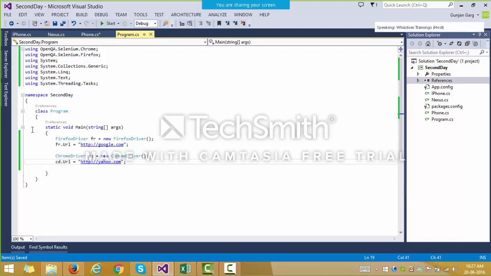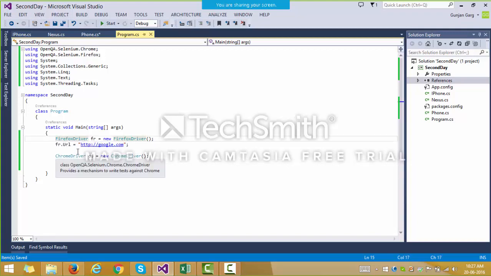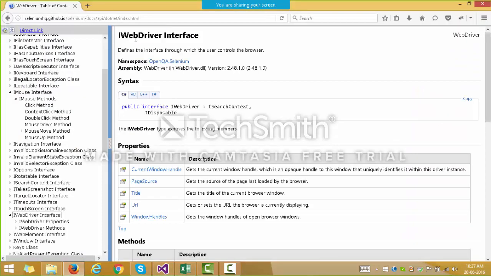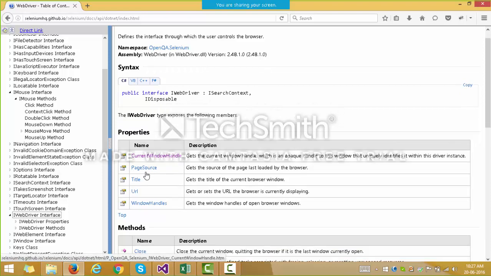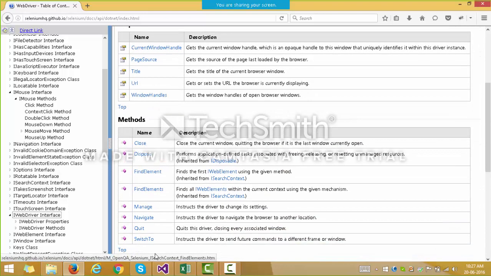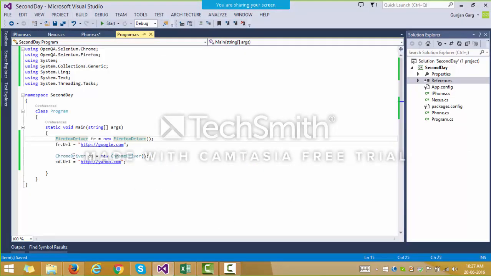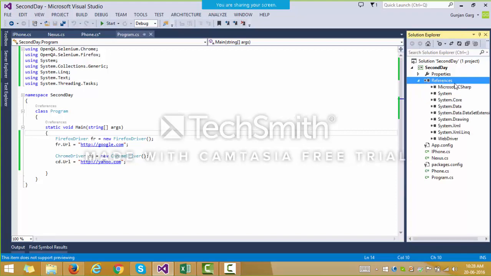So the same URL function is present in both the classes, that is the Firefox and the Chrome driver, because both are implementing the WebDriver interface. So all the functionalities which are there inside the WebDriver interface will be accessible in all the classes that implement the WebDriver interface. Okay, as you just saw, I included the WebDriver DLLs from the NuGet